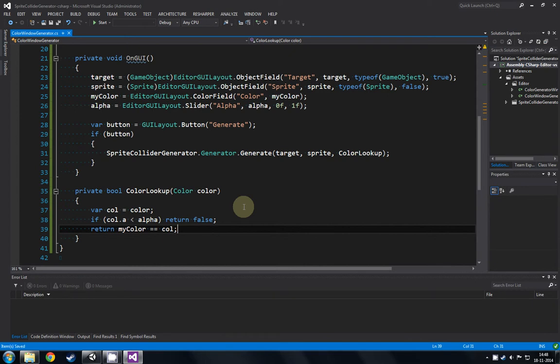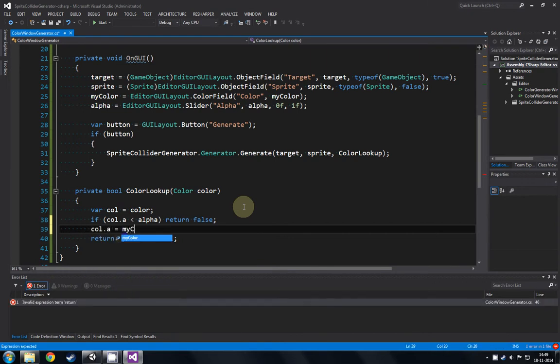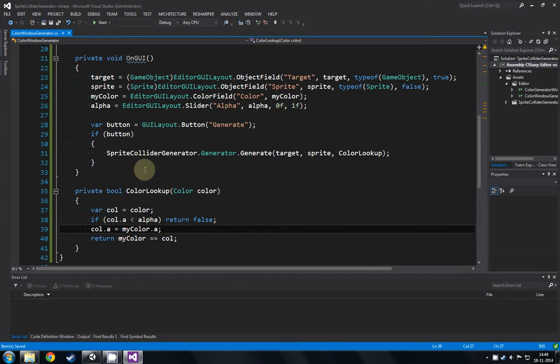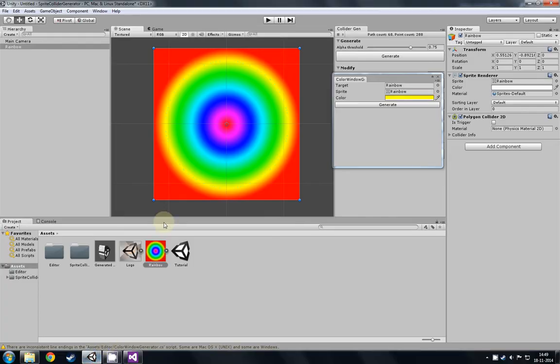And then we're gonna just look at this with a new color. Col.a equals my color.a. So we're actually going to look at the alpha first, see if that fits. If that doesn't fit, we're going to return false, so it's not matching. Then we're going to set the color that we get to the color that we check against, so we can actually ignore the alpha for that, and then we're going to check the RGB channels. Okay, there we go. So that doesn't do much for us just yet,